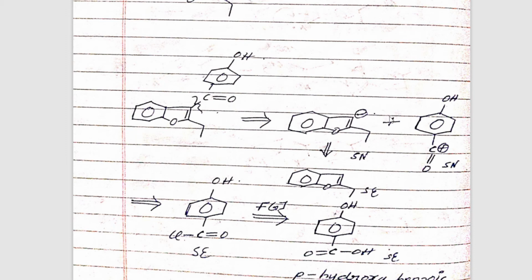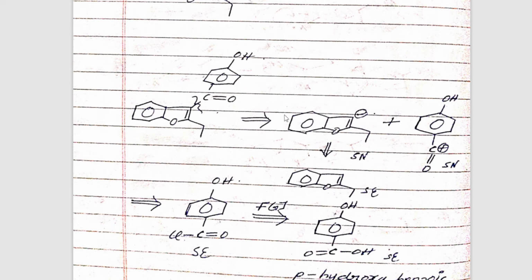So part A is written over here, and since you're disconnecting this carbon-carbon bond, this carbon here will get the negative charge and this carbon here will get the positive charge. So what are these two called as? These two are called as synthons. I have referred to synthons as Sn and synthetic equivalents as Se. Okay, so you get two synthons here, synthon number 1, synthon number 2.